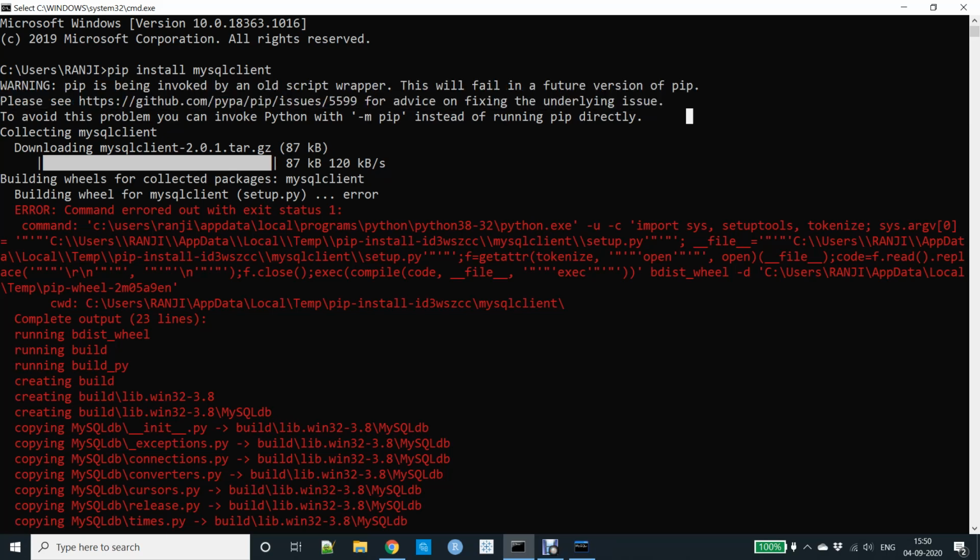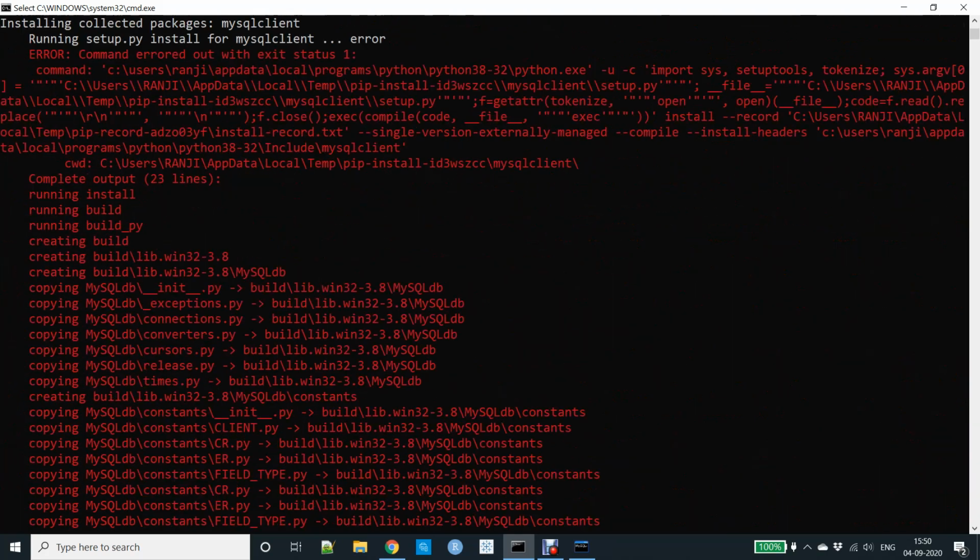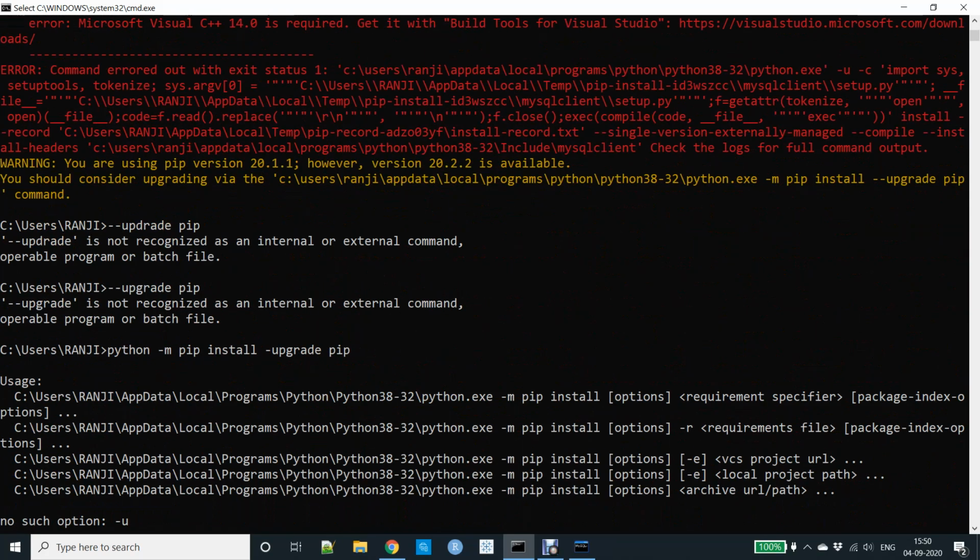This will fail in a future version of pip. It's because pip is more or less outdated, so you have to use some advanced versions or some flags, and based on that you invoke all your commands. If you don't have the client, this is the way you can install it. And there is one more thing that you want to install.